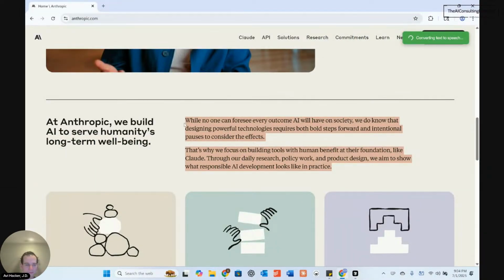While no one can foresee every outcome AI will have on society, we do know that designing powerful technologies requires both bold steps forward and intentional pauses to consider the effects. That's why we focus on building tools with human benefit at their foundation, like Claude. Through our daily research, policy work, and product design, we aim to show what responsible AI development looks like in